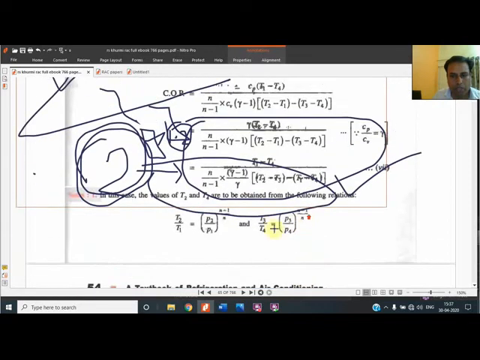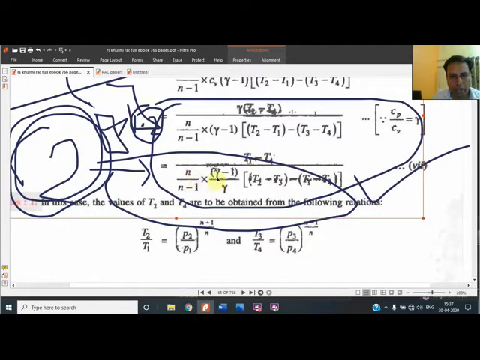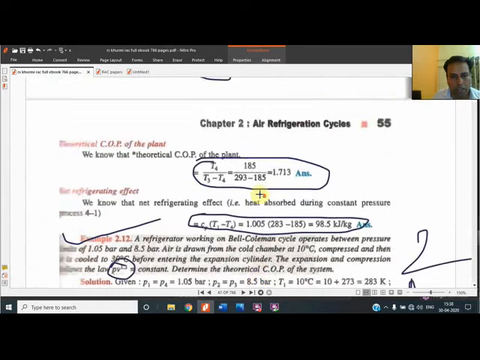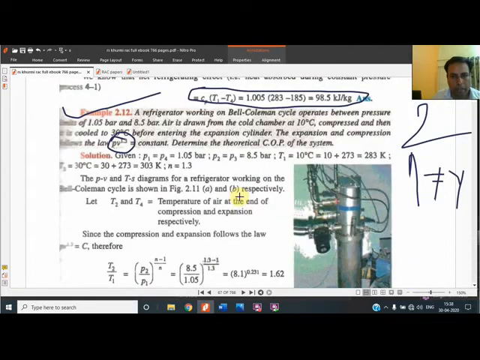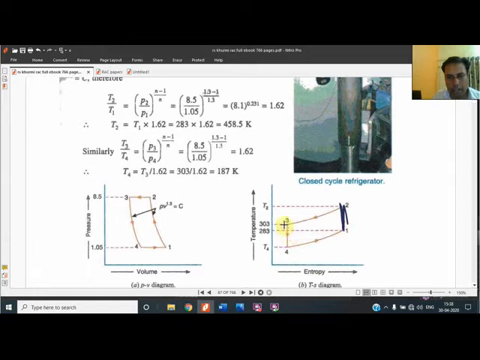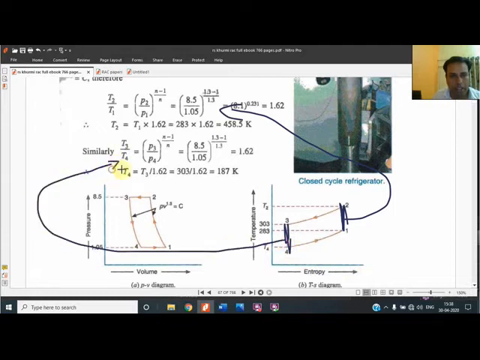The second one we have to use: (T1 minus T4) upon (T2 minus T3), with n upon n minus 1, and all temperatures T1, T2, T3, T4 are to be determined. So nothing else will be done in this question. They will determine the temperatures. And to determine the temperature, I have already told you that whenever we get a vertical line, for 1, 2 they will use one relation, and for 3, 4 they will use the same relation, and each time they will determine one unknown. So in this way they have determined the temperatures.